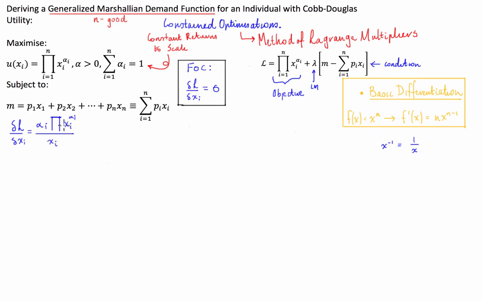So using this, I can pull that xi to the alpha I minus 1 down into the denominator, and then I'm going to subtract my Lagrangian multiplier times the price of good I. Now this, guys, has to equal, like we just said before,